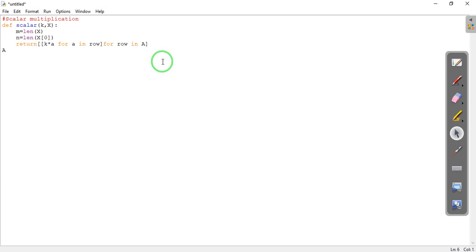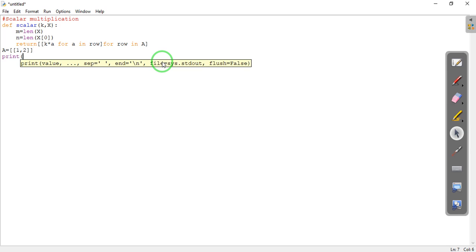Let us take A to be a matrix, say just a 1 by 2 matrix, 1 comma 2. Okay, only one vector. And let's go for the print. What do you want to print?